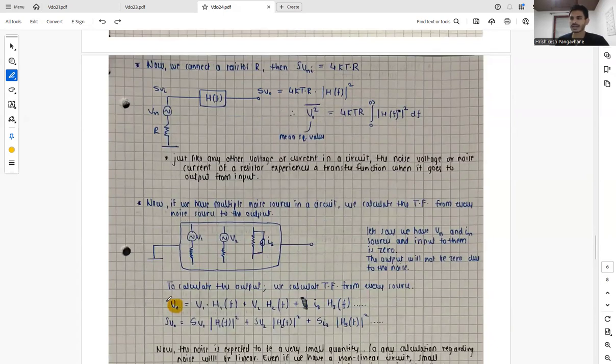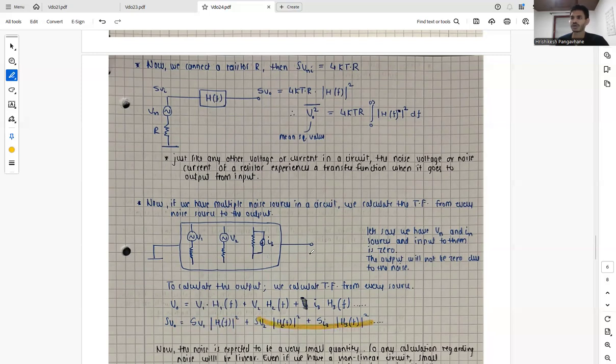So basically, to calculate V out, we have V1 times H1(f), which is the transfer function for this. We have V2 times H2(f), and we have I3 times H3(f). And to calculate the spectral density, we have S_V naught equals S_V1 times the square of the magnitude of H1(f)